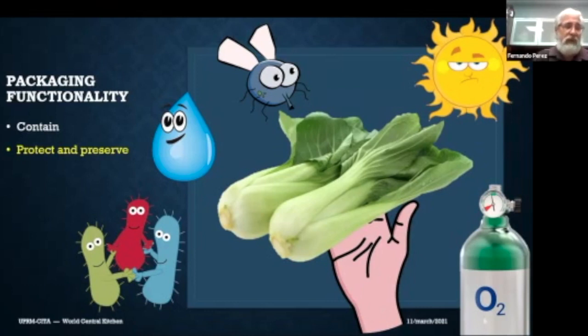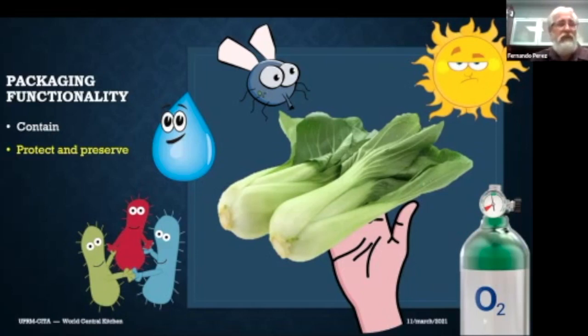Some bruises you don't see at that moment, but tomorrow or a few hours after the impact, you will start seeing the discolorations and the softening of tissues. And the other thing, as we have learned in this COVID pandemic era, is that we need to wash our hands because our hands transport or carry many diseases, including the COVID virus. But even before COVID, that was always the message: keep your hands clean, because handling produce or any food with dirty hands is going to spread diseases, microbes, etc. So handling is something that actually can affect your product